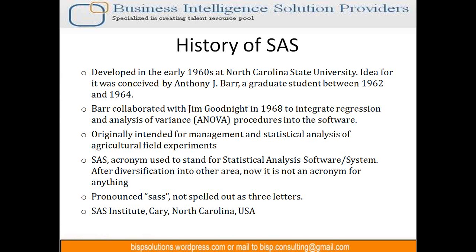Initially some people called it a software as a system, but SAS we can term as Statistical Analysis Software, and we pronounce it as SAS. Now SAS is fully controlled by SAS Institute in Cary.